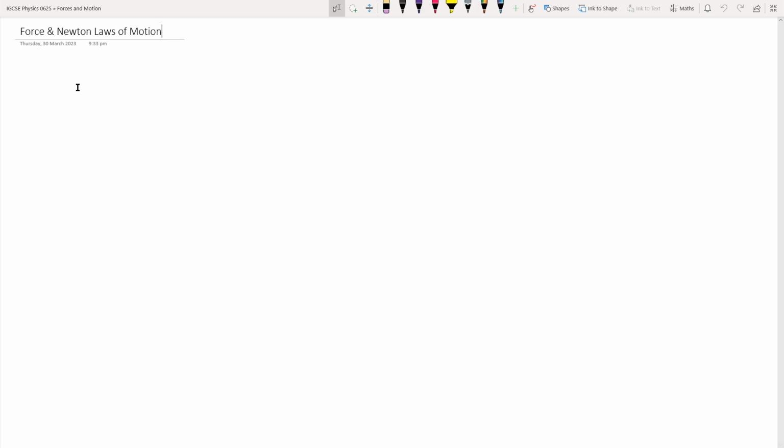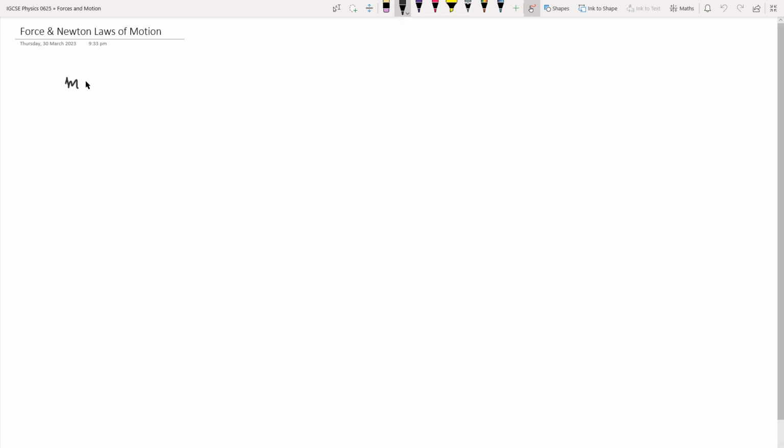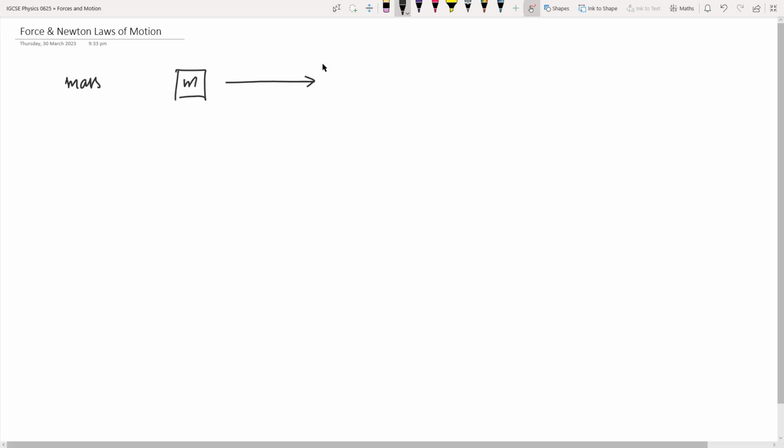Now we do understand that there are forces, something that makes an object move, right? Let's just say you have a mass, M, and it moved from here to this point right here, from A to B. Now at point A it was at rest, so something made this mass move